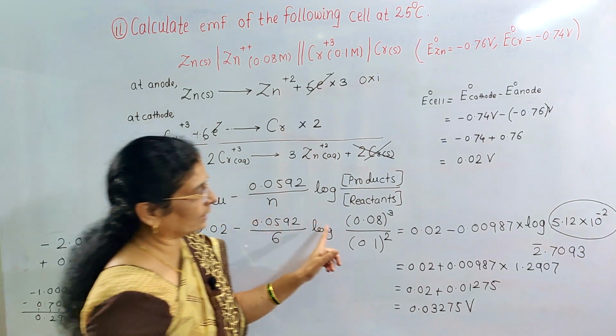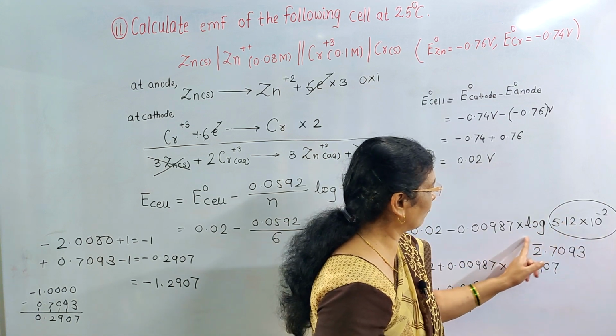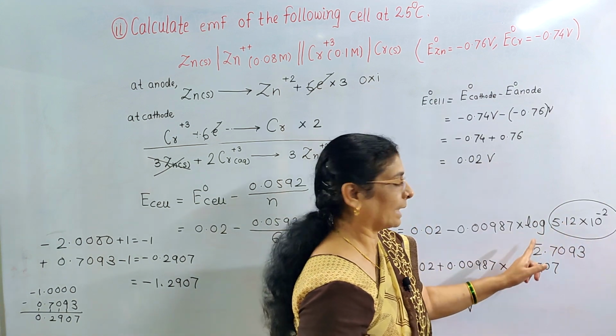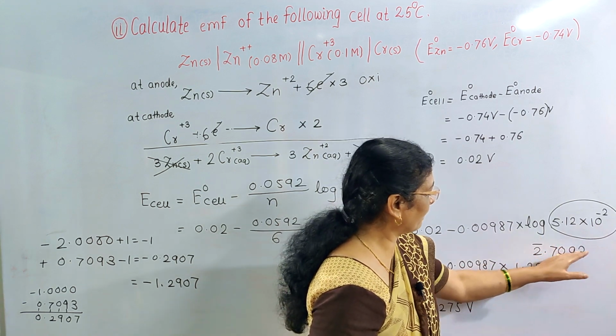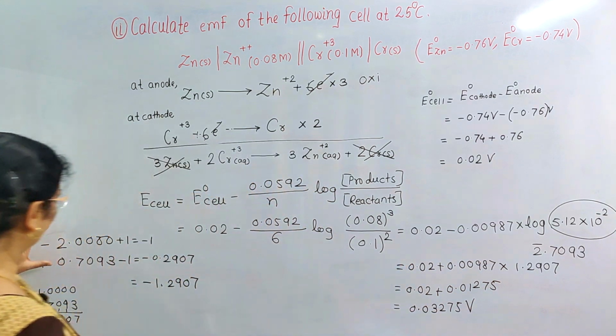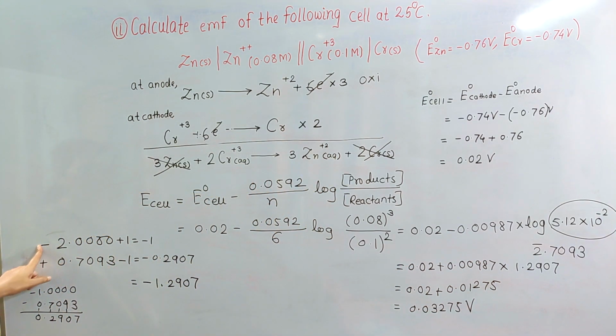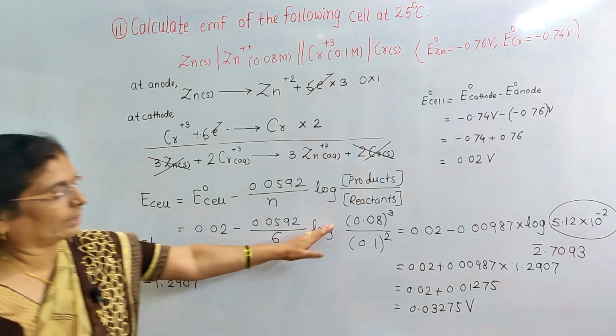Now write down the expression for the Nernst equation and substitute the values. Again the important point here is when you take the log of this number, this value will be in terms of bar. Characteristic is negative, mantissa is positive. Convert this characteristic and mantissa both into negative numbers. For that I explained these terms. What you have to do is, in the characteristic add plus 1 and in the mantissa add minus 1, so both will become negative, and then calculate these values.